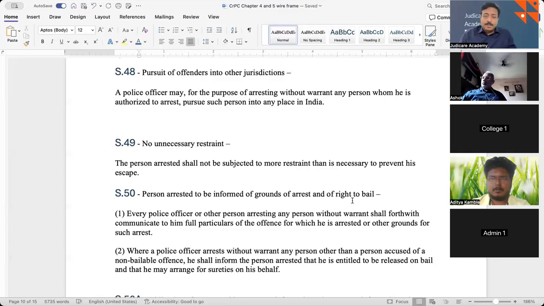Section 49 talks about no unnecessary restraint. A person arrested shall not be subjected to more restraint than is necessary to prevent his escape. Now, post independence, when the police was functioning, there was an old culture from the British Raj, or previous to that as well,